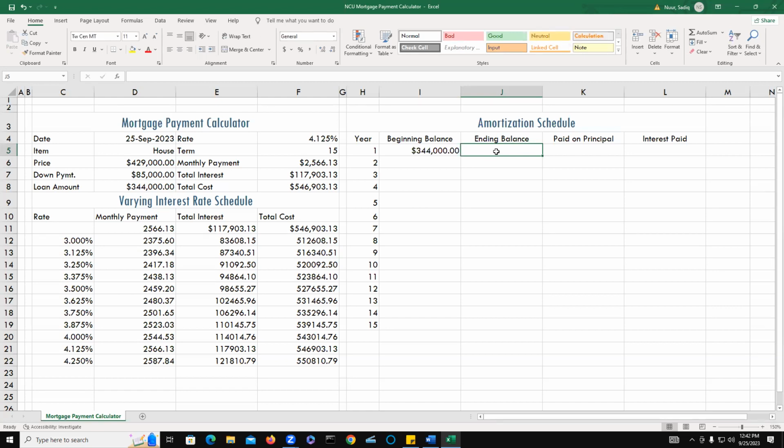So now we're going to type the formula. We will start with equal and then we're going to say if. So double click the if. First is your logical test, what you are checking here. We are saying that if H5, which is year 1, is less than or equal to the term, F5,